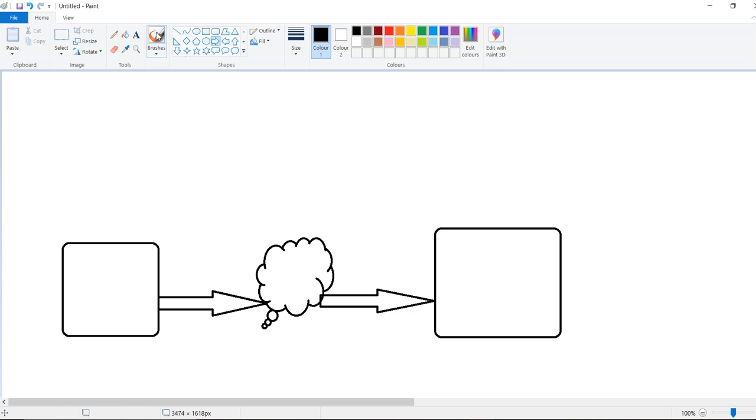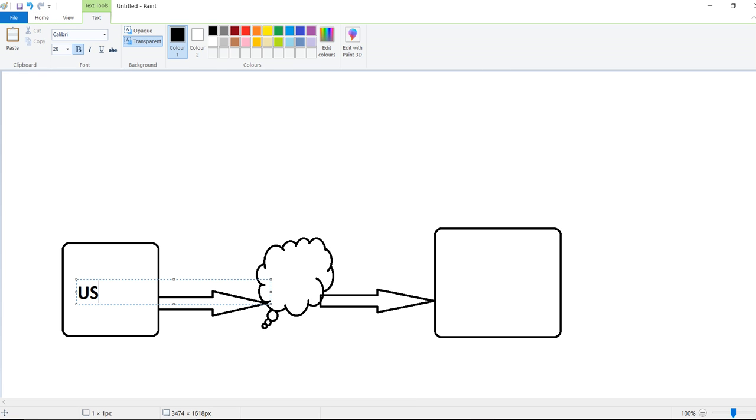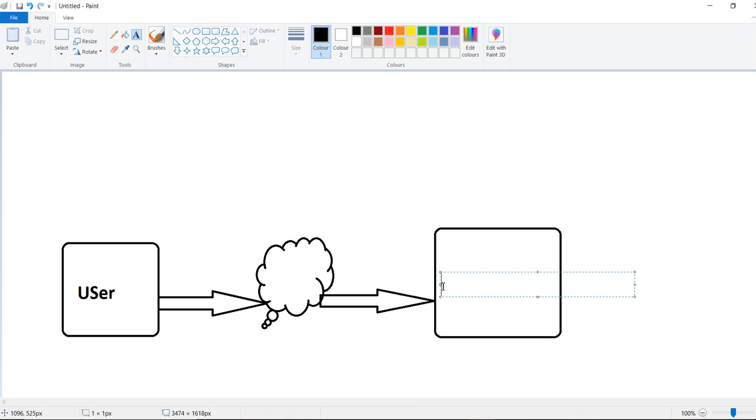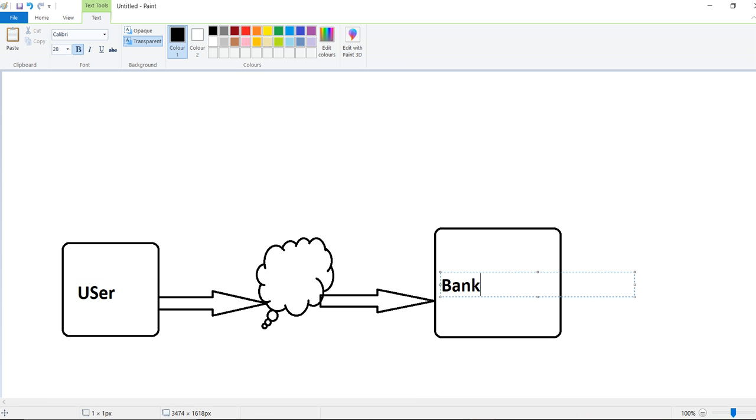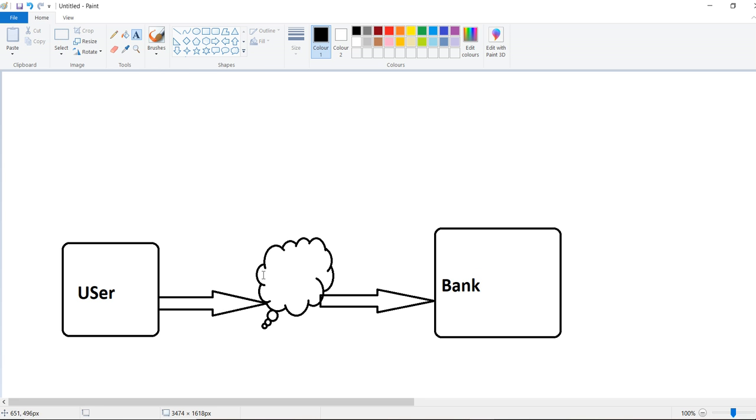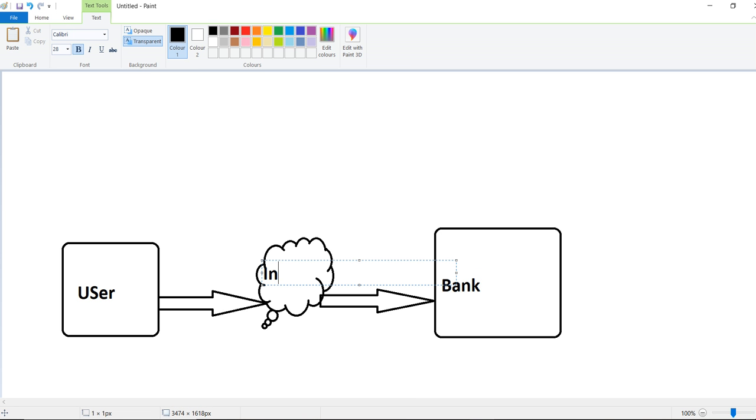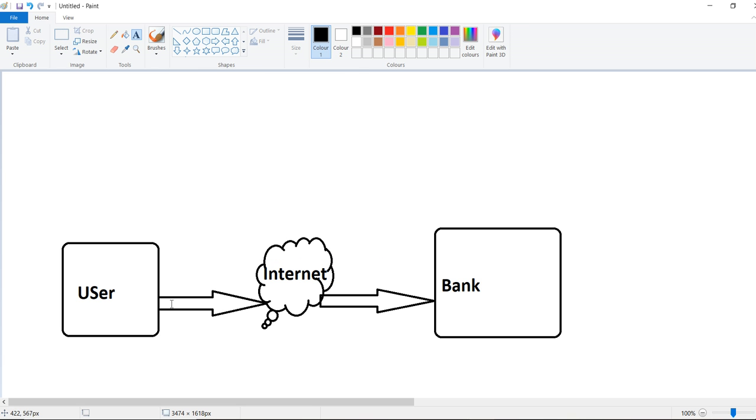Okay, so let me quickly write here: user, and this is your bank website. And this is your internet. So how are you connecting to your bank?